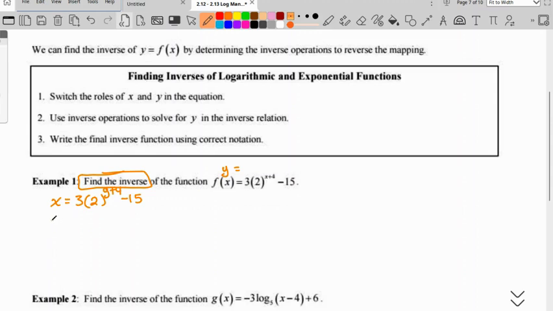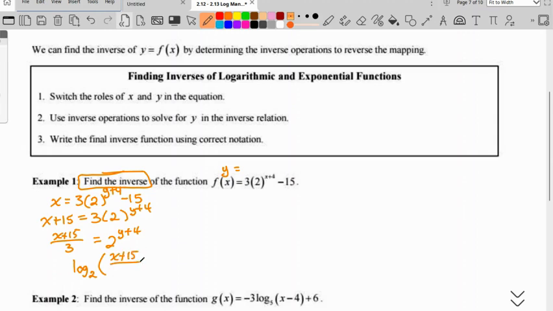So the first thing we want to do is add 15 to both sides. So x plus 15 equals 3 times 2 to the y plus 4. Next I want to divide both sides by 3. So x plus 15 over 3 equals 2 to the y plus 4. And now we need to rewrite it in logarithmic form. So that's going to be log base 2, because 2 is my base being raised to a power of,